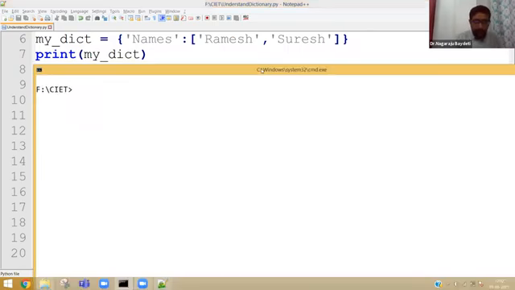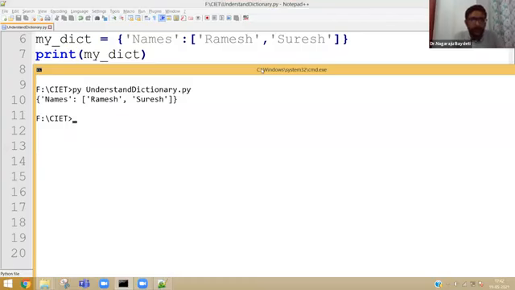Let me execute the program. You can clearly see that whatever we defined, exactly the same thing is coming. So here, names is the key, and the values are Ramesh and Suresh.